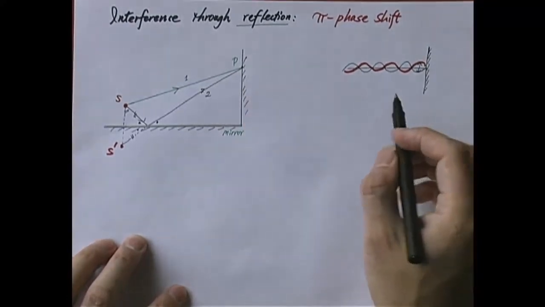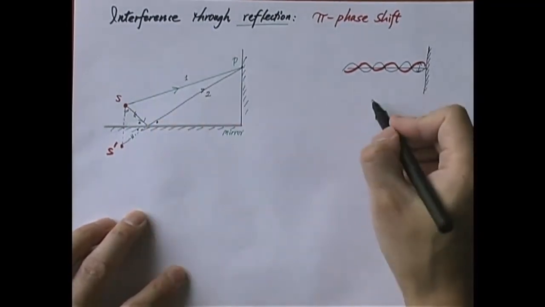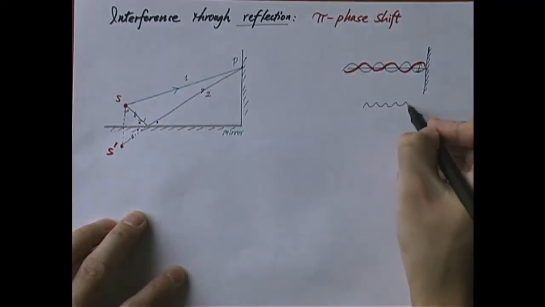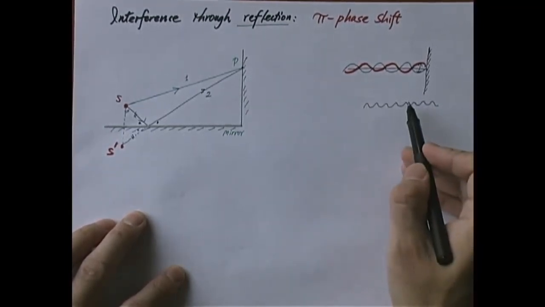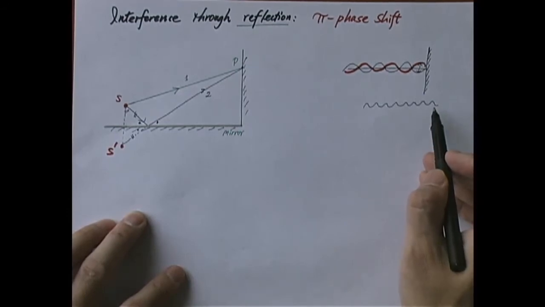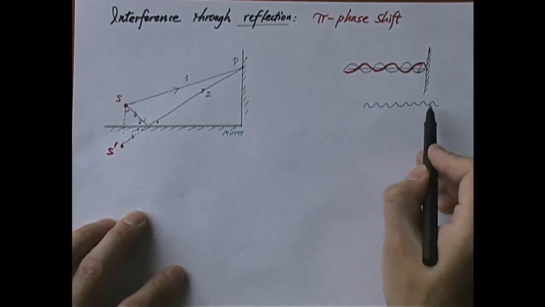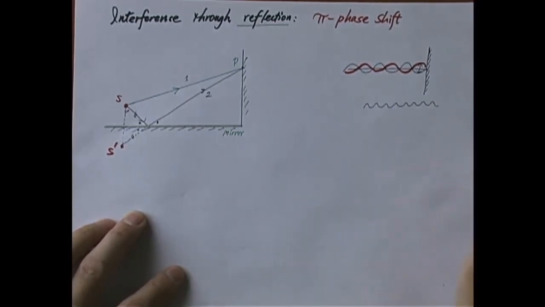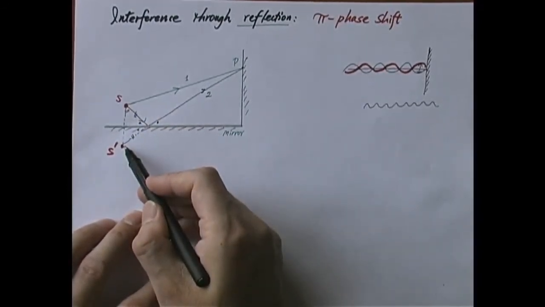Why? Because think about it. Each wave really forms a train like this. And even though light travels very fast, this wave train is not all that long. It depends on what kind of source you have. If it's a laser, it can be pretty long. But if you look at a regular light source, it can be quite short, like a few millimeters or even shorter. And then, if these two sources are very far from each other, the problem is,